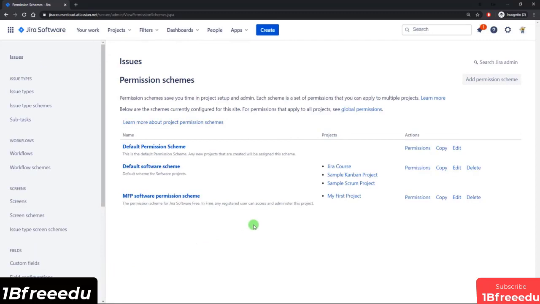Now, technically, you could have gone into the project settings and found the permission scheme there, but it would have basically just taken you back to the main Jira settings page. And here, you can see that both the Kanban and the Scrum projects are using the exact same permission scheme. So all we need to do is just update this one scheme and it will affect both projects, which is